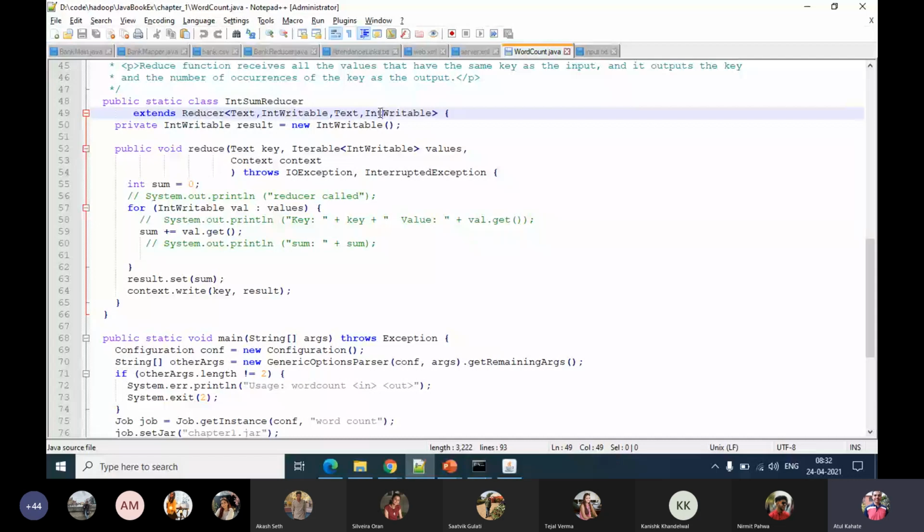But we have the option whereby we say, no, I don't want to write the same key. Maybe I want to write something different. I want to, let's say, output a group of words. Then instead of this text, I may have some other value here. Again, I may not want to output the total count. I want to do something else with this. So the point is, whatever is the input key, input value need not be output key and output value. Absolutely, the types here could be very different. This goes by our logic.